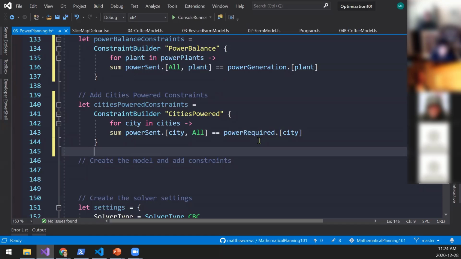The follow-up question was, so the cost expression can't be an if-then-else expression. And I think this goes back to the discussion we were having in the last break, which is a really good one. So the answer is no, not right now, because that's not how you model the cost expression. You're basically limited to these tools: continuous decision variables, integer decision variables, or Boolean. Now, in the future, we can make an enhancement which makes it easier to express that. And if people have opinions on what that should look like, I would love to hear it.